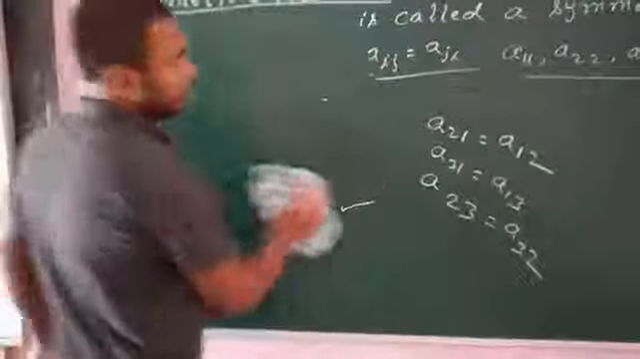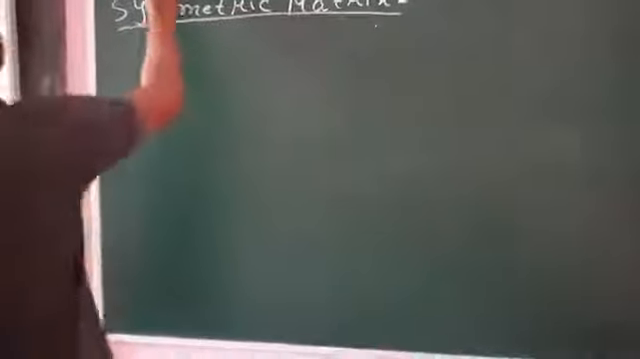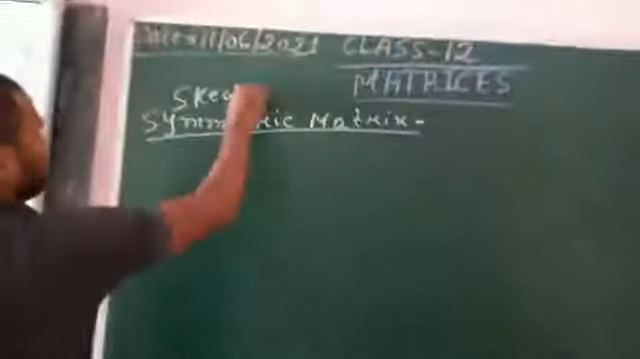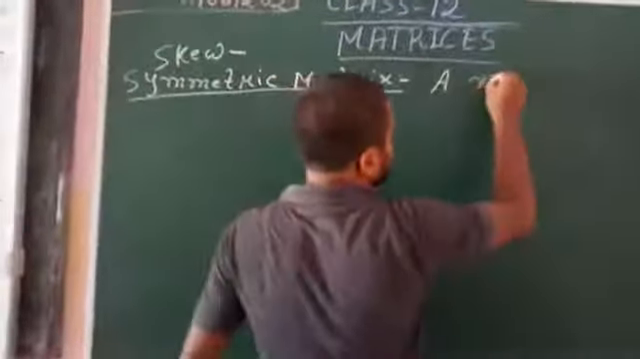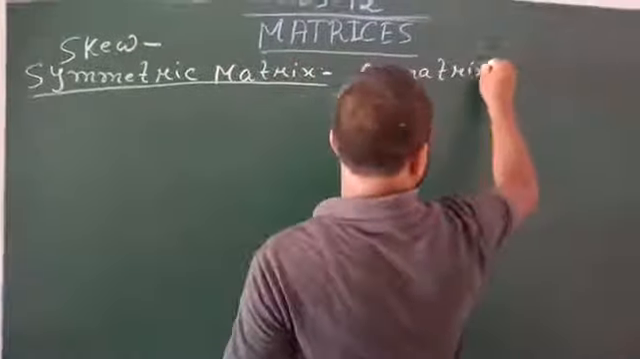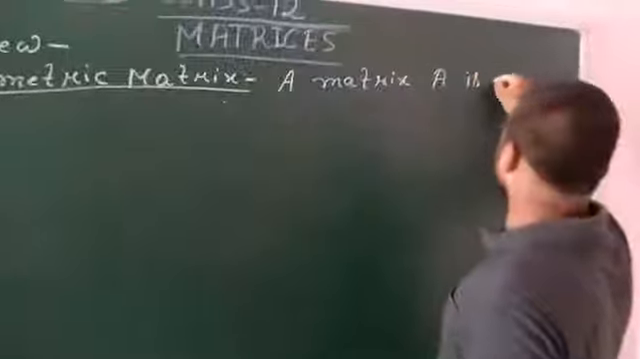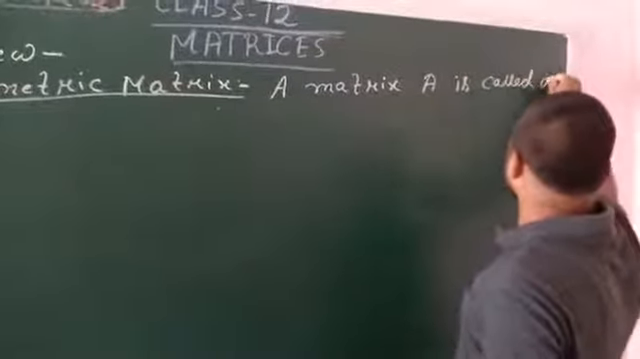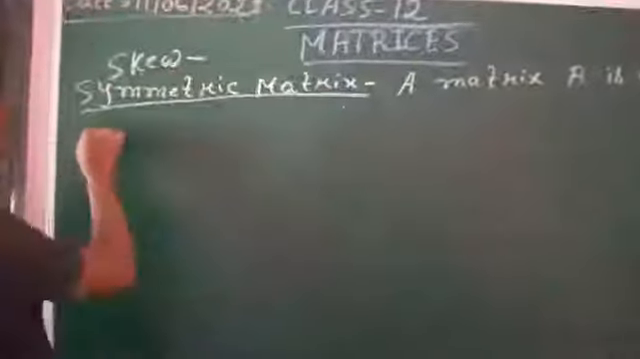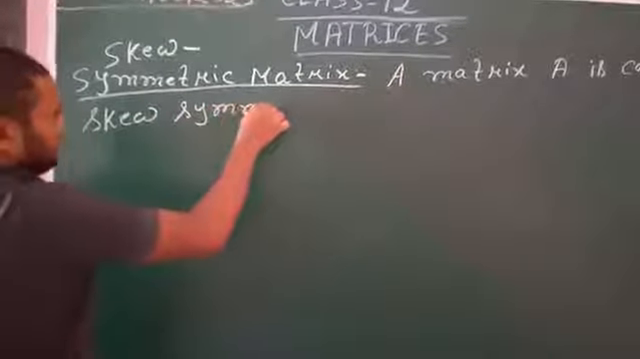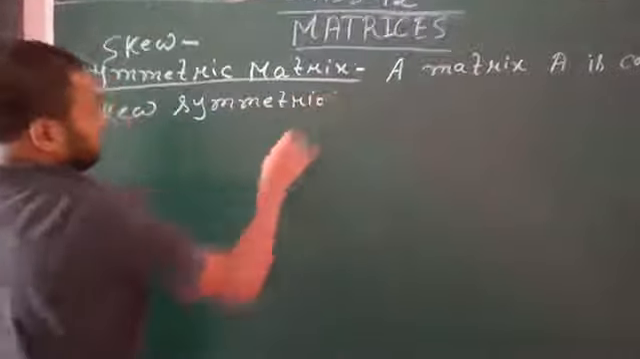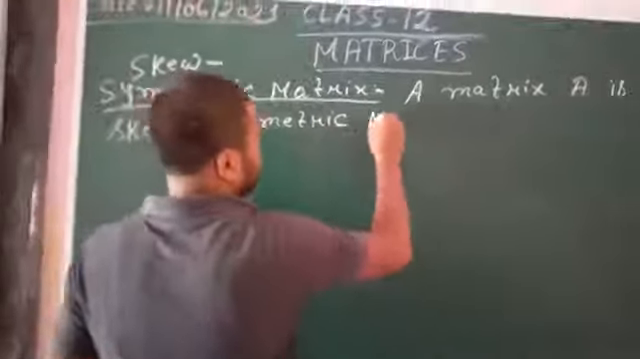Now we shall go to the anti-symmetric matrix, or skew-symmetric matrix. So here I have written skew. Now we will go to the second type of matrix, that is the skew-symmetric matrix. A matrix A is called a skew symmetric matrix